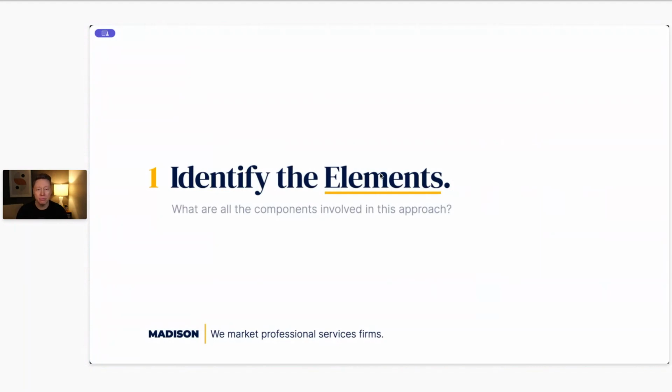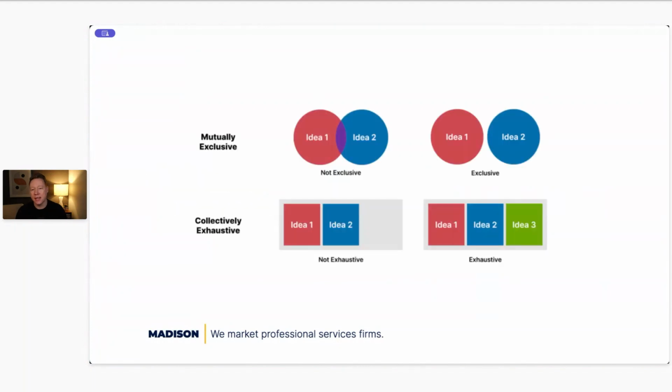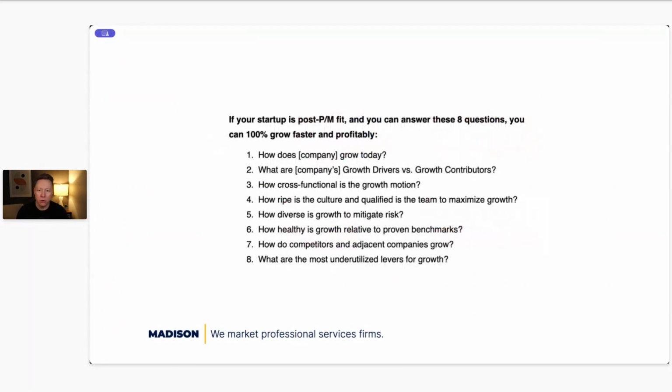And this is again a brainstorming exercise. The goal is, this is the McKinsey MECE framework, to identify what are some of the mutually exclusive, collectively exhaustive potential things that we could include in our framework. A great example of this is from my buddy Mike Rome, who runs Moonwater, which is a fractional chief growth consultancy. This is his growth audit approach. He has 8 questions that he asks, and everything is designed around answering these 8 questions. And he believes that if you can answer these 8 questions well, you will have an engine for sustainable and predictable growth inside of a startup.